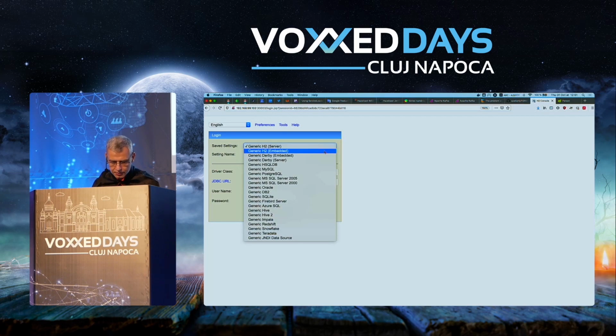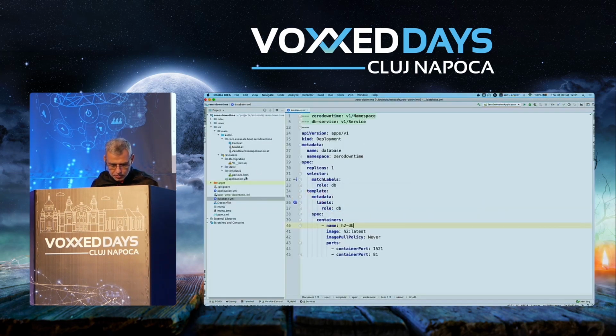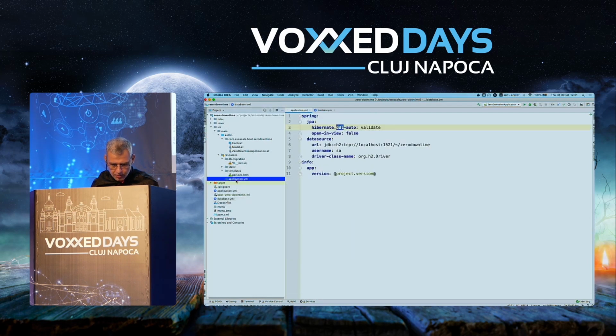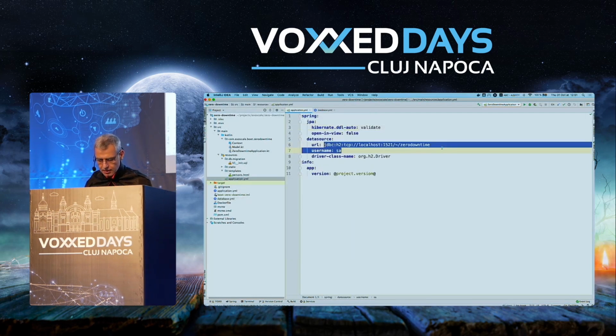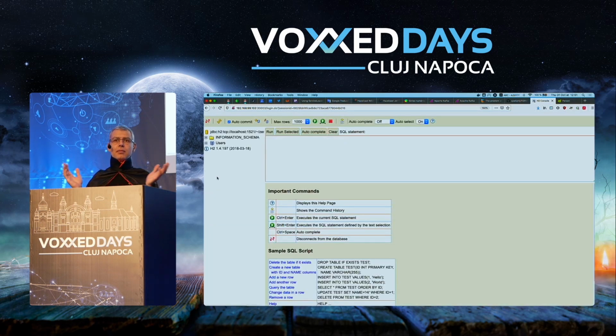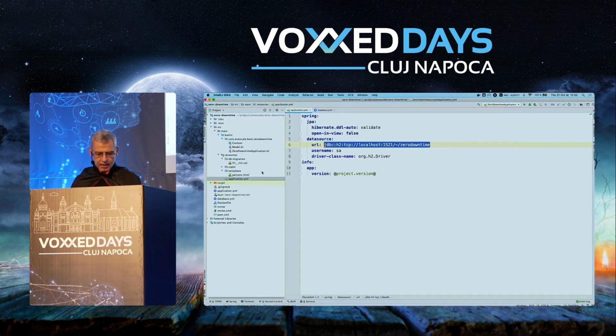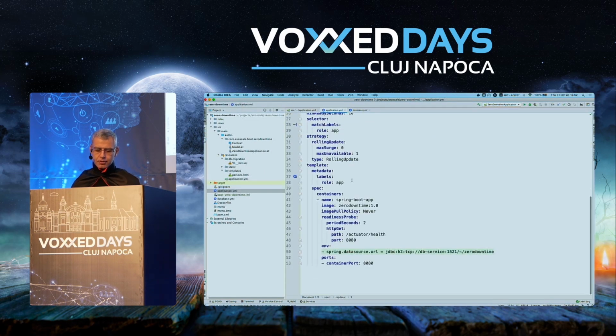Now I need to reconnect, of course, otherwise it would be too easy. And then I need to go on that and copy-paste that one. And when doing that, I can finally see that I have a brand new schema. Nothing is here. So this is a database, and I have one single database. And then I have my application that I created previously, so I don't need to build it because it takes a bit of time.